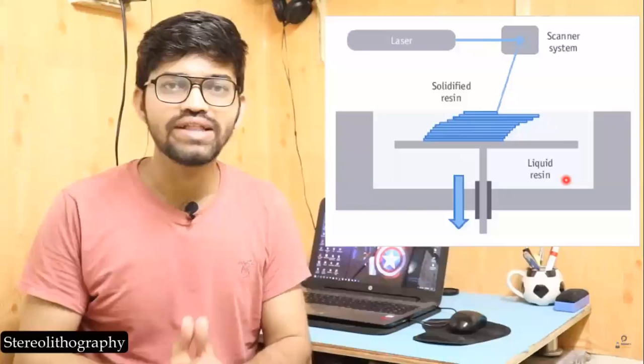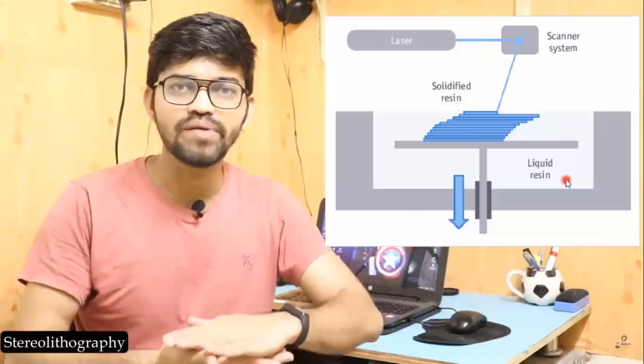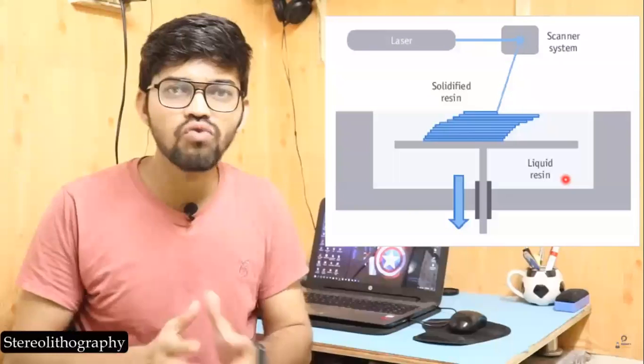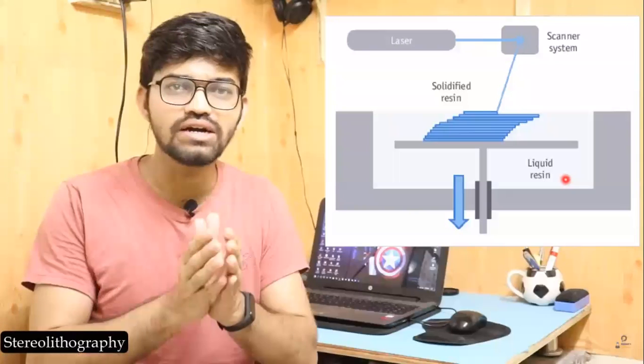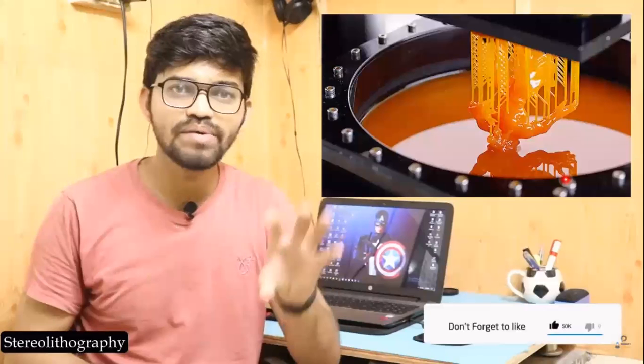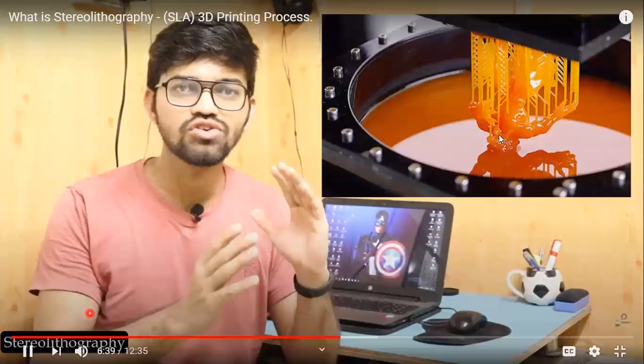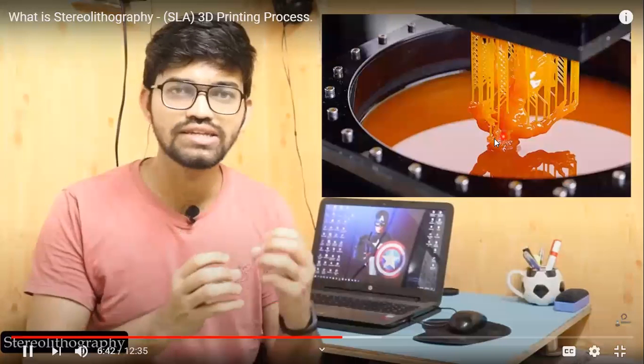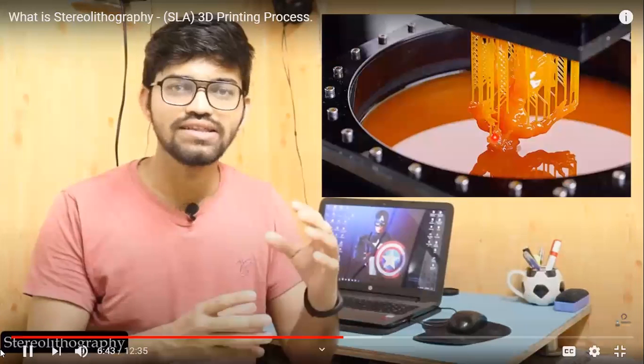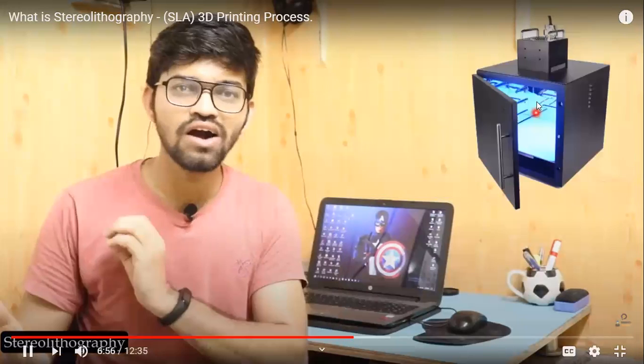After the last layer of the model is finished, the whole 3D printed part gets immersed in another resin, so that the 3D printed model gets separated from the liquid polymer. After the separation and the hardening, the bonding between all the layers gets strong in that resin, and after that the 3D printed model is allowed to bake in a UV oven.